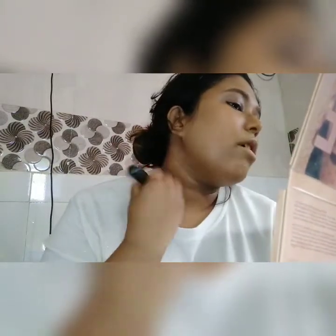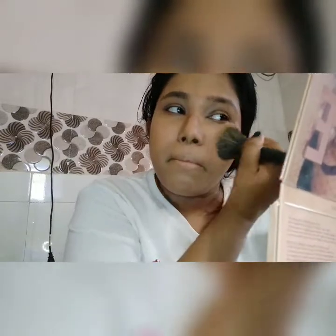Make sure you always cover your forehead properly with proper concealer and foundation. If you're using a stick based foundation, I would prefer if you would properly apply it. This is a liquid base, and always remember to even out your neck and your face. Sometimes you just do so much on the face, you forget about the neck, and then the neck looks like totally stuck out. So yeah,